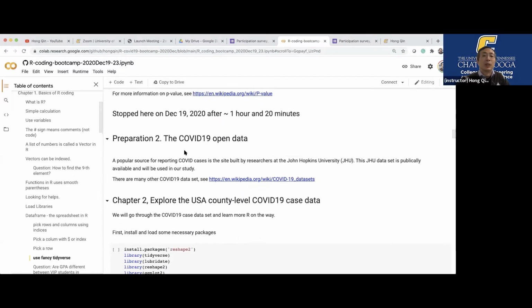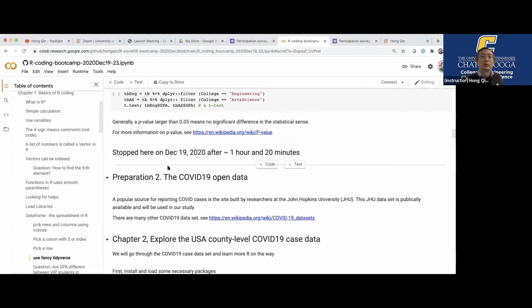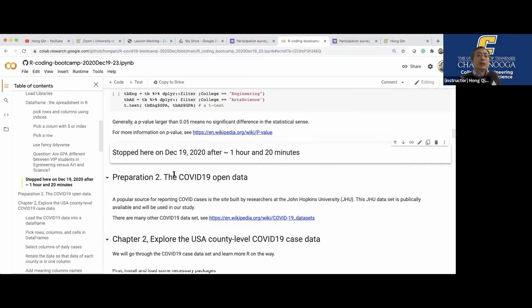We also briefly mentioned the t-test, the statistical test, and what it means. The general rule of thumb, 0.05 or 1 out of 20, is a cutoff. Although it's really debatable how useful that p-value is. But in general, I think for most of you in college, that's still useful. Okay,